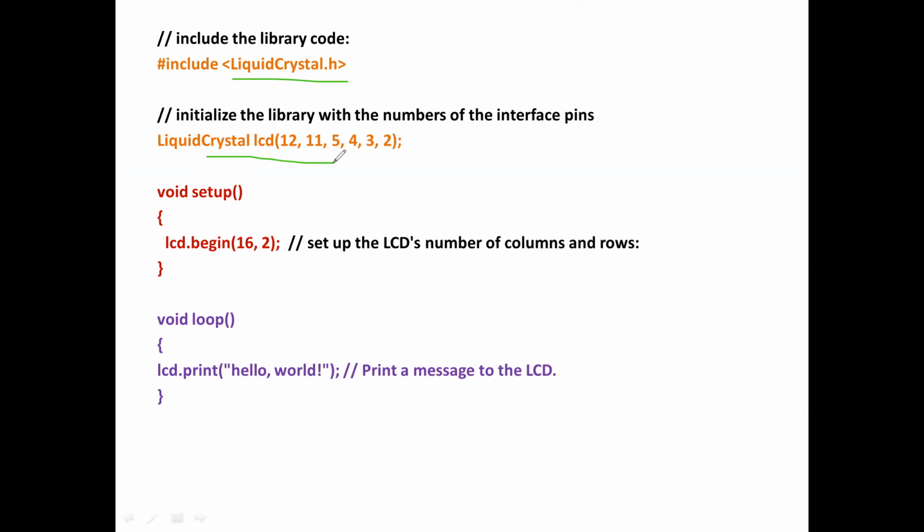So which pin of the controller is connected to the LCD pins. Okay. So these are all controller pins. You should say the controller pins to the LCD library that this is my pin number I am going to interface with the LCD.